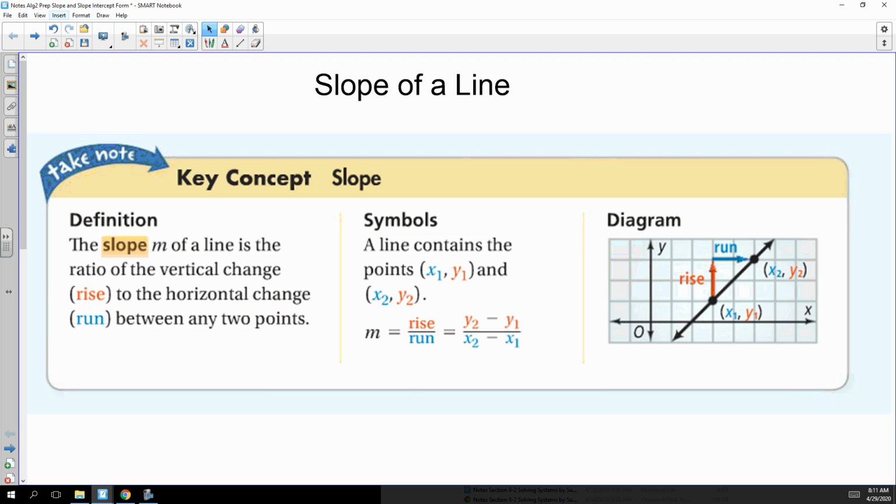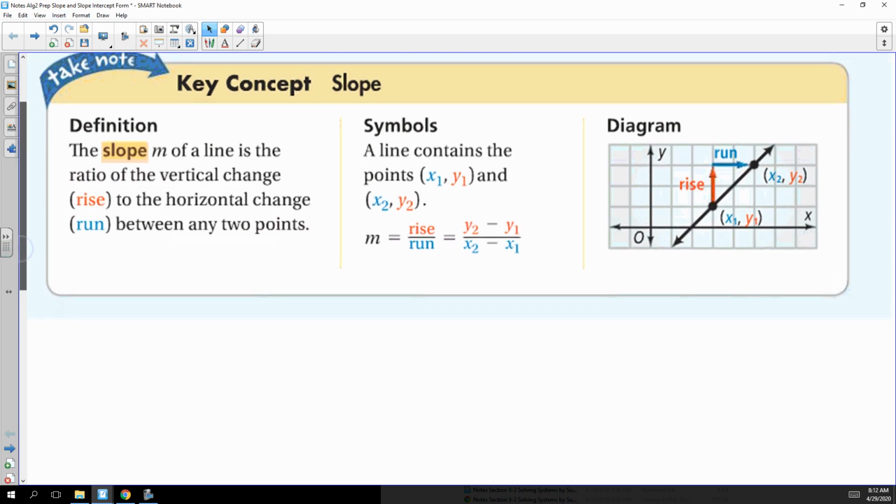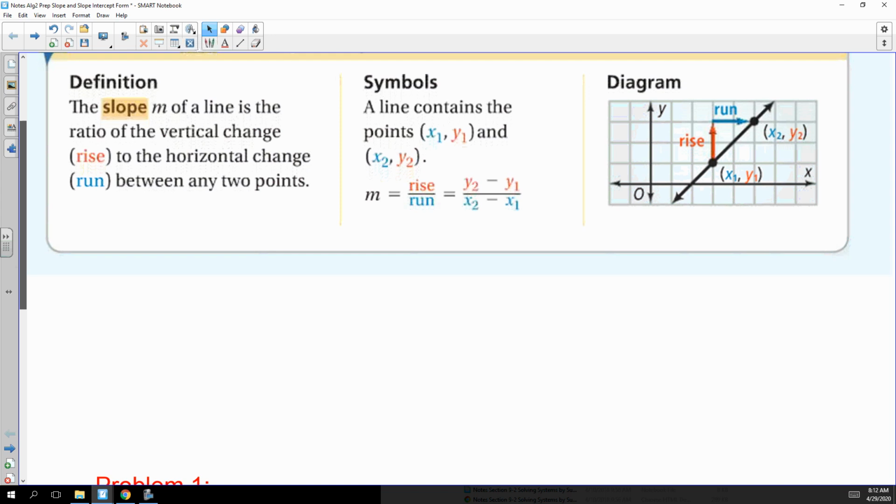So today we're going to talk about slope of a line and slope-intercept form, equation of a line, and graphing lines a little bit. If you've already got it, then you probably don't need to go through this video, but in case you forgot anything, it's just a review of some things you already should have under your belt. All right, remember the slope of a line is the ratio of the vertical change to the horizontal change between